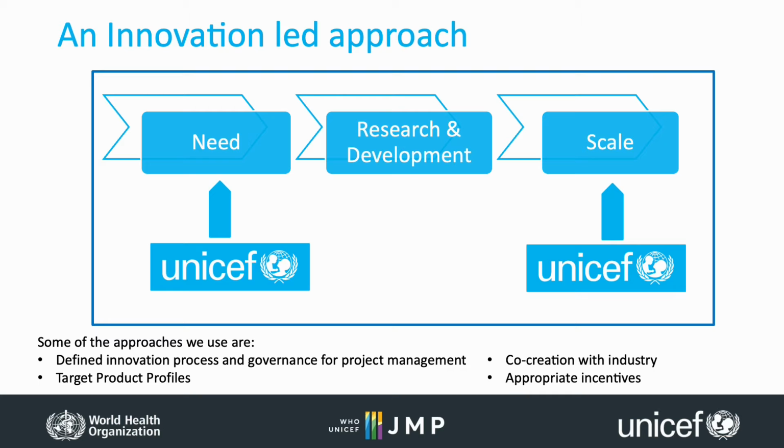The TPP was then used as the basis for the tender for this project, and that will allow us to evaluate the market-ready products that go some way to reach the desired specification outlined. And then we hope to use a co-creation approach with industry that enables us to guide the more novel technologies to ensure that they can be used and they are appropriate for the use cases outlined in the target product profile. And then lastly, within the innovation approach, if we feel there is a need, we can look at using appropriate incentives such as push and pull mechanisms to drive the R&D faster to reach the kind of products that